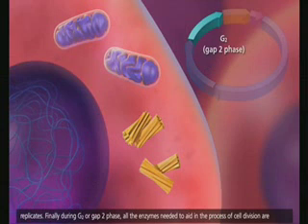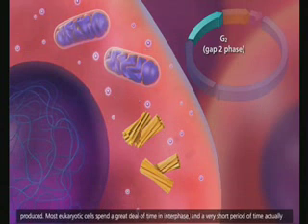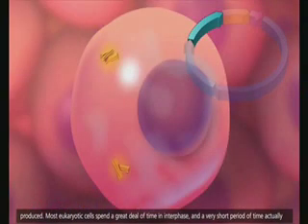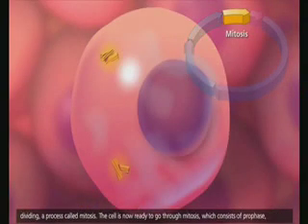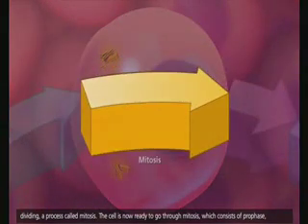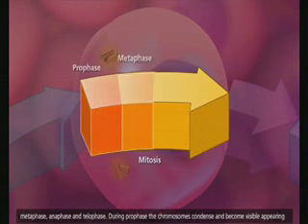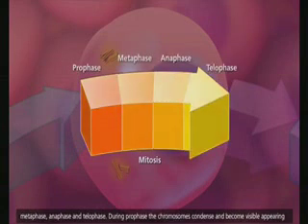Finally, during G2 or gap2 phase, all the enzymes needed to aid in the process of cell division are produced. Most eukaryotic cells spend a great deal of time in interphase, and a very short period of time actually dividing, a process called mitosis. The cell is now ready to go through mitosis, which consists of prophase, metaphase, anaphase, and